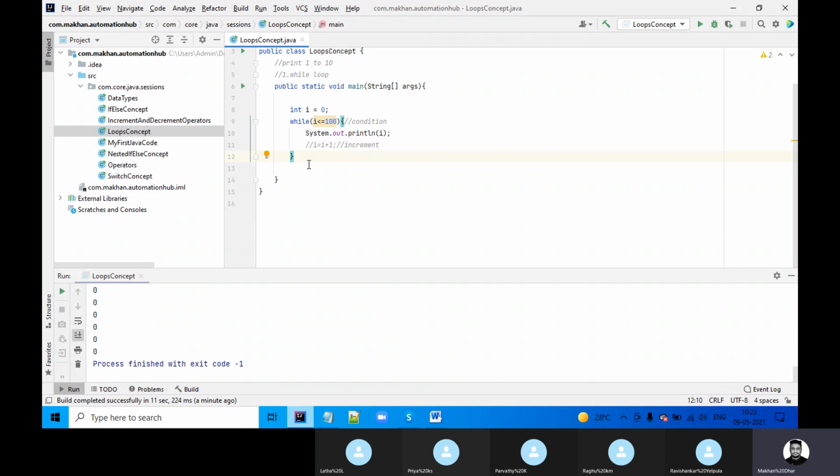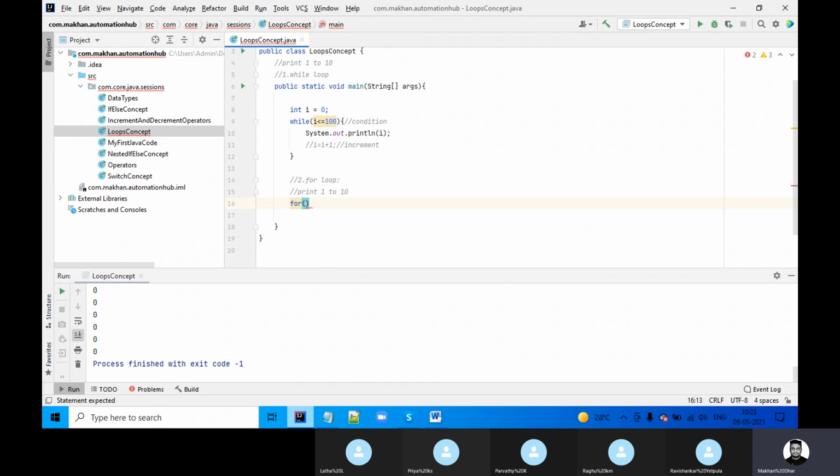So this is the only drawback of the while loop concept. I have just shown you this. Now we'll come to another concept called the for loop. What happens in a for loop? Again, the same, I want to print 1 to 10. Now the for loop syntax is like this: for, simple, in a small. This is for start.